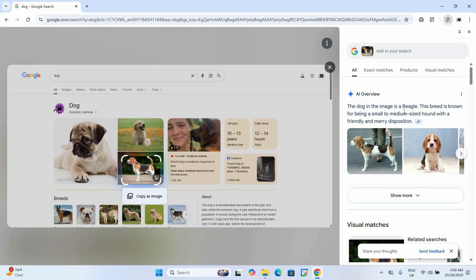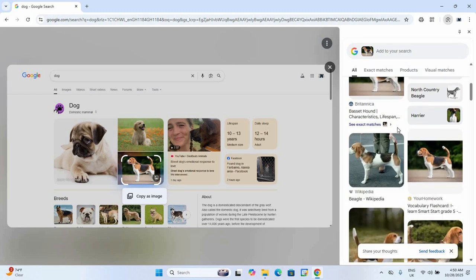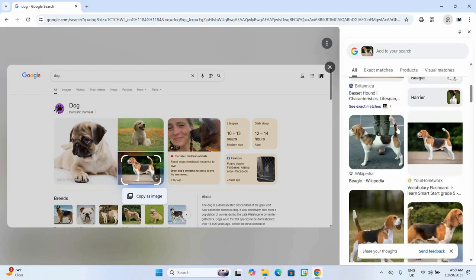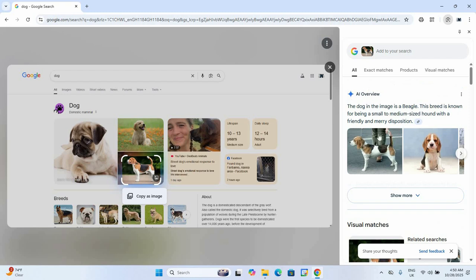Now you can see it generating: the dog in the image is a beagle. Right, just as you see, it gives me more details and then links to read more about that dog. Just like that, I have been able to use the Google Lens to search for this dog. So the same thing applies if I highlight this one, it's going to give me